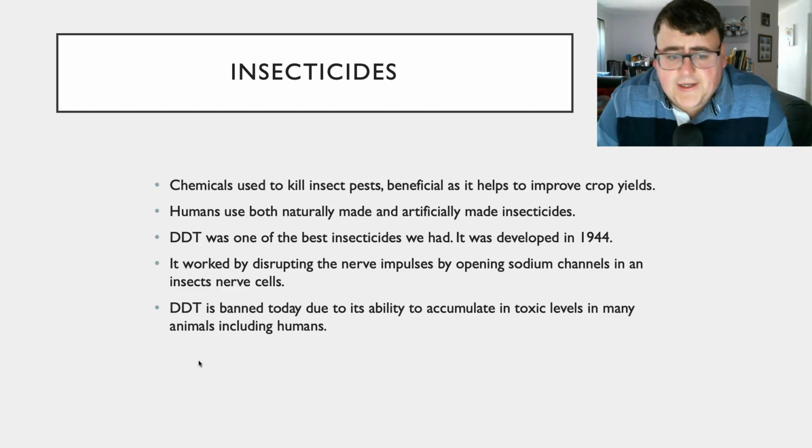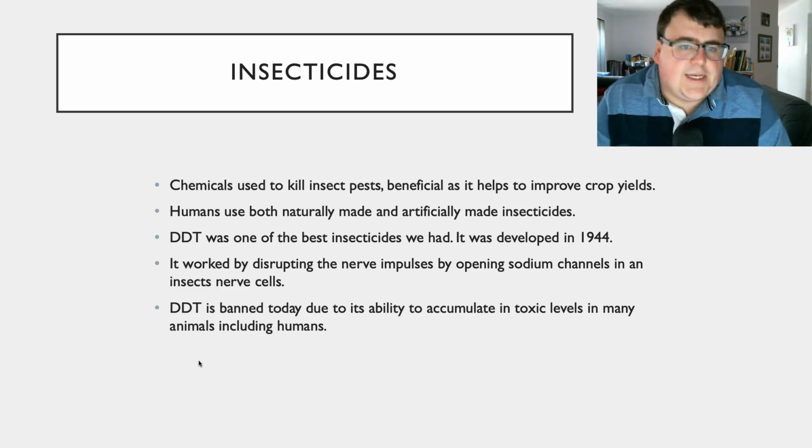Lastly, looking at insecticides. So insecticides are chemicals that we use to kill insects and pests. They're beneficial because if we're killing off insects and pests that are eating all our crop, obviously it's going to improve the yields of crop, meaning we get more crop in the long run. We use both naturally made and artificially made insecticides. One of these that we're going to look at, which obviously had the useful fact of improving crop yields, was